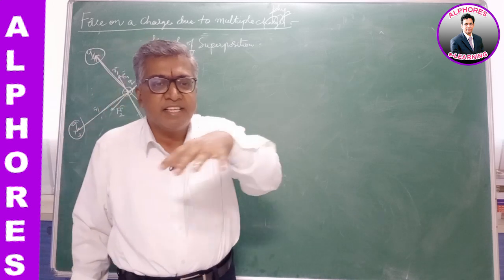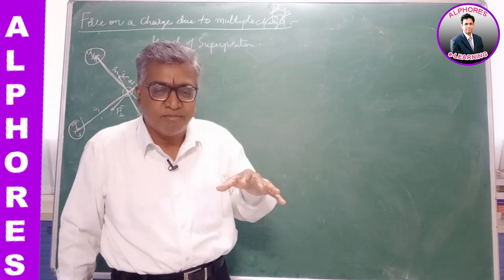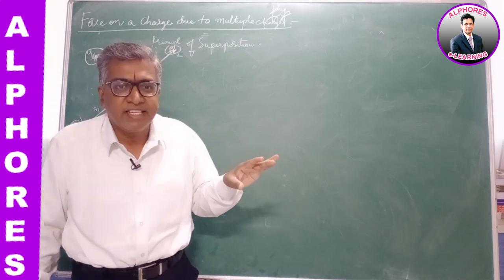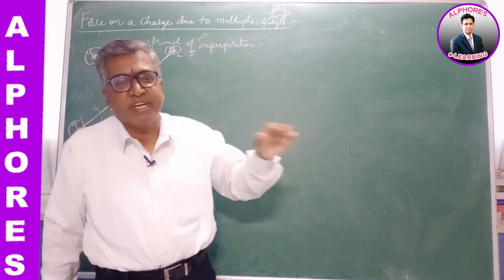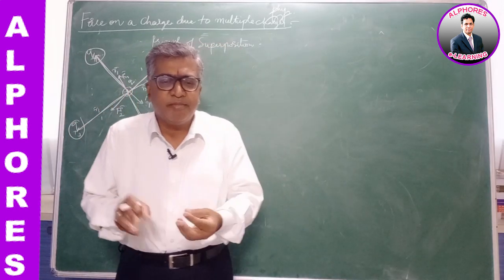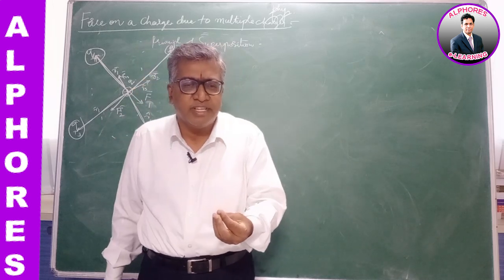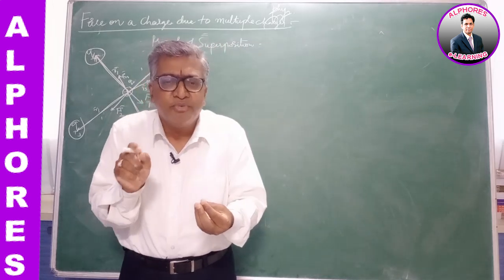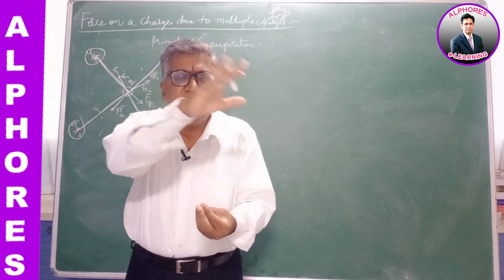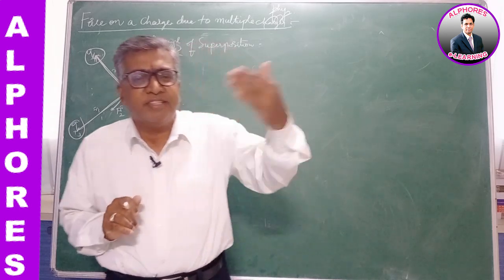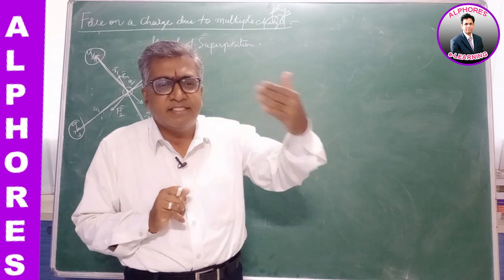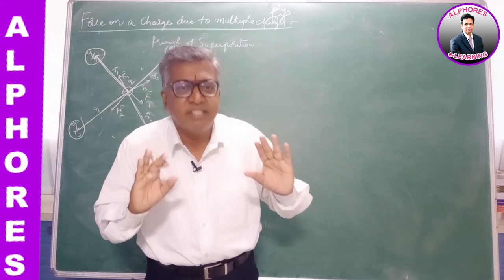Even if there is any charge in the vicinity, or in between them, there is no change in the force, no variation in the force between the first two charges we have considered. Like in an atom, suppose there are many electrons revolving around the nucleus. If I consider an electron, the force on the electron due to the nucleus is unaffected by the surrounding electrons. The presence of the third charge will not affect the force between the first two charges. Whether it is there or not, the force between the first two remains the same.